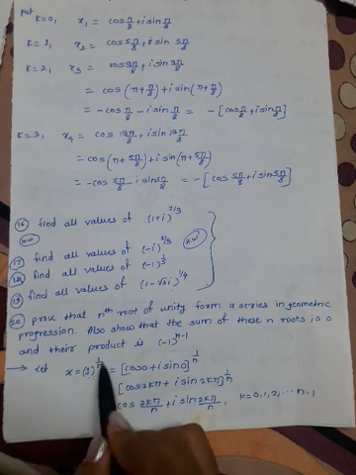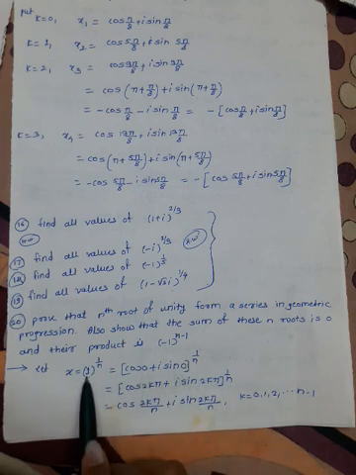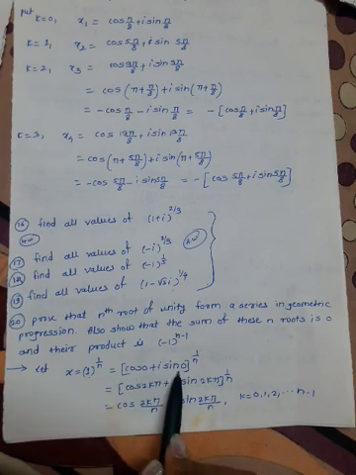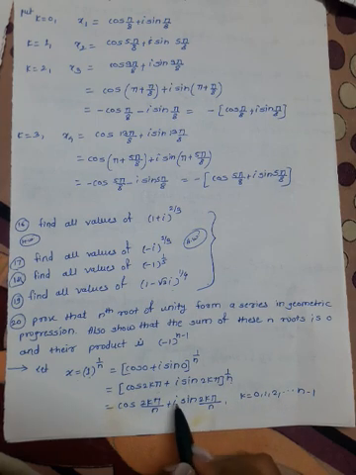Let x be the nth root of unity. Therefore x is equal to 1 raised to 1 by n. Now put 1 is equal to cos 0 plus i sin 0, raised to 1 by n as it is. Now add 2k pi to the angle, we get cos 2k pi plus i sin 2k pi raised to 1 by n. Now take this 1 by n inside to the angle, we get cos 2k pi by n plus i sin